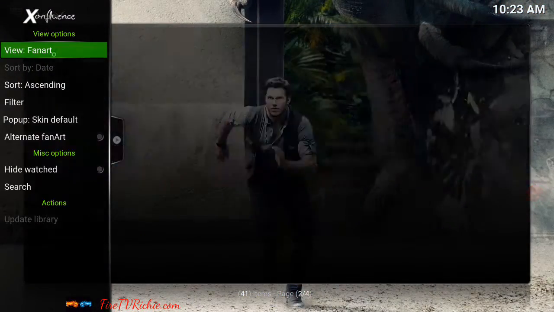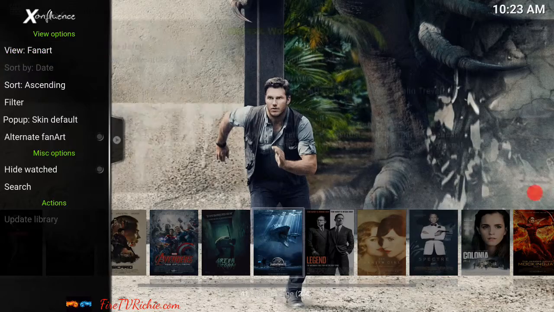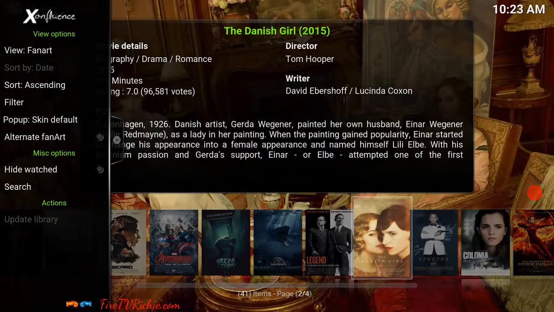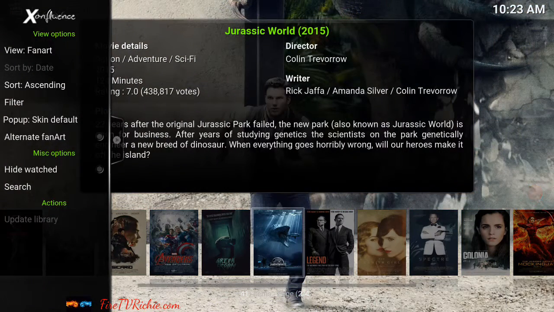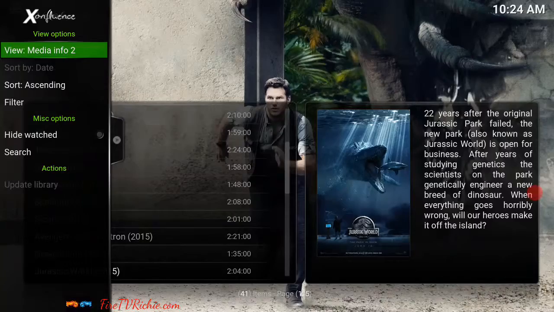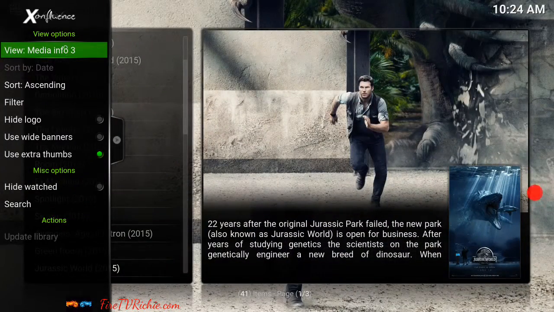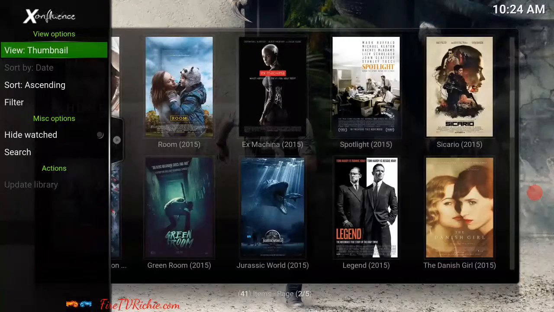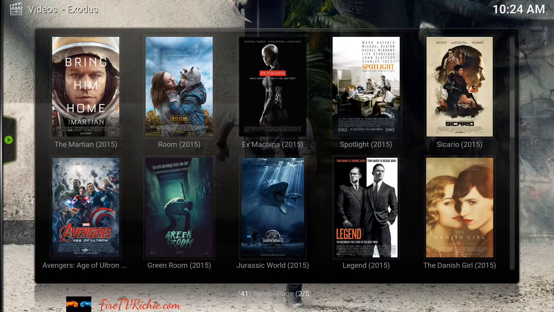And I also like, let's see, this one. This one might be a newer one. Either that or I just don't ever use it. It doesn't look so bad though, because it's kind of got the thumbnail down at the bottom, plus it's got a synopsis and year and all that kind of stuff. But I do like this one, and I think my favorite, that's a good one. I think this one's my favorite,